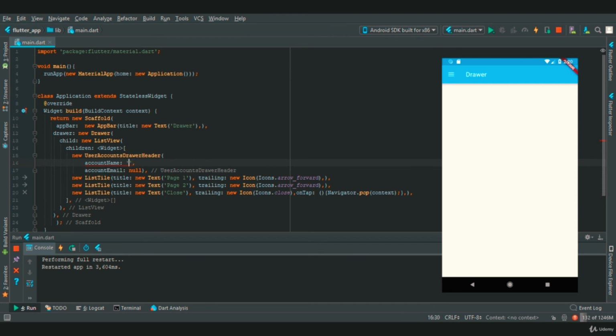The first property is account name, which takes a widget, so here we will say new text. We will provide the name, type my name out here, and in email we'll provide a string. Let's say dummy@.com.